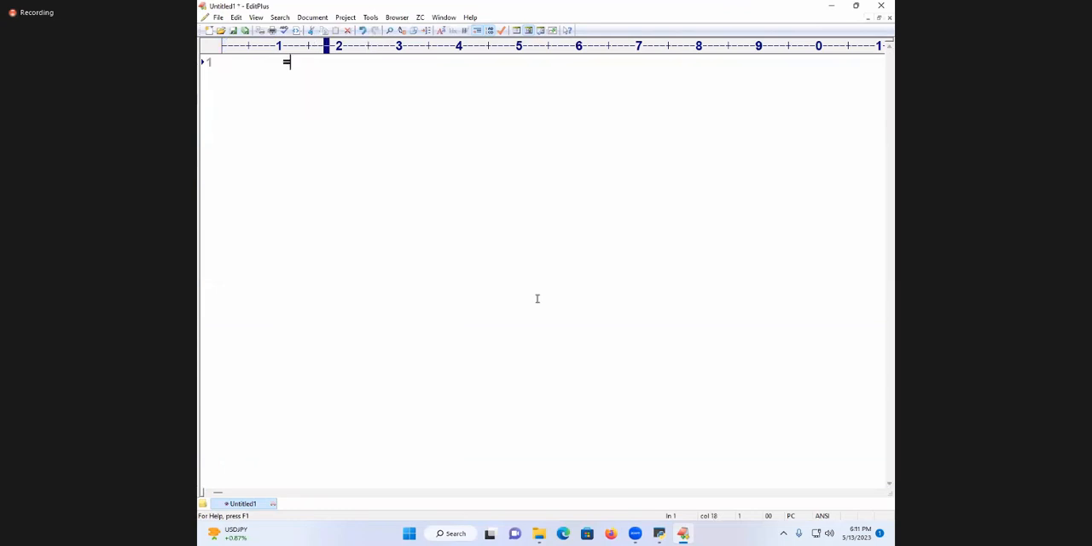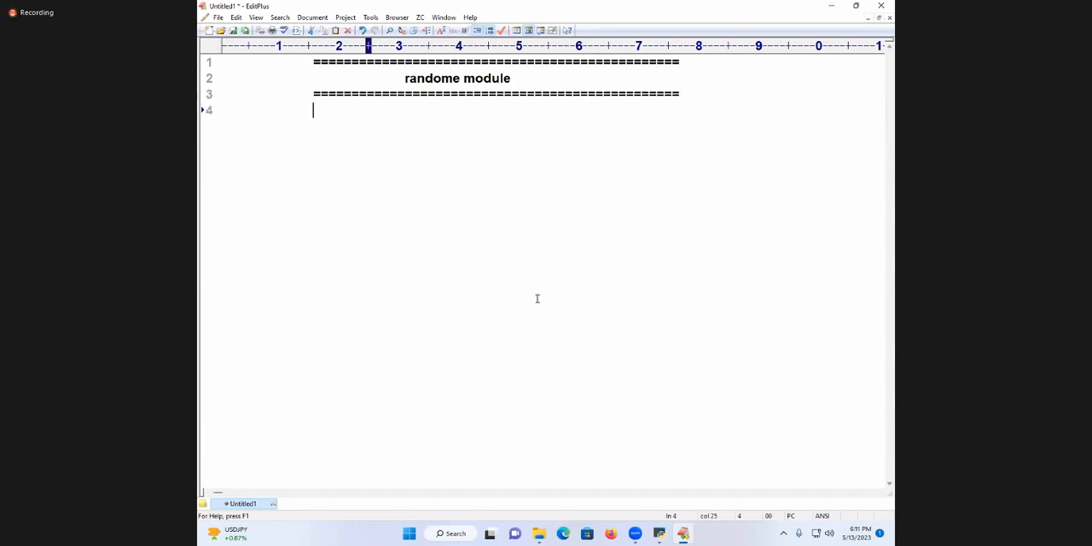We are talking about the random module. So let's start with the random module in Python. What is the purpose of this random module? As we know that